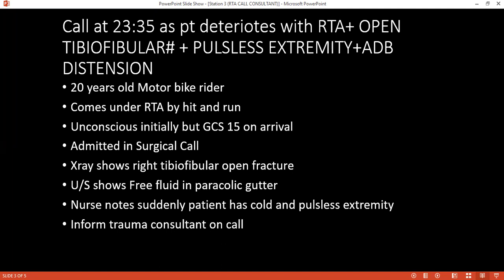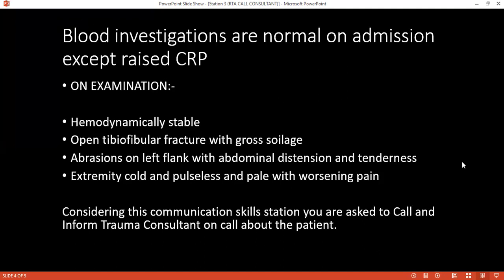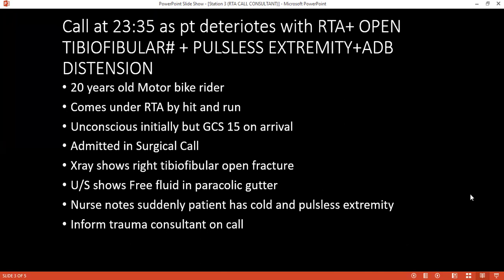On examination of the leg, now I feel the patient has a very cold and pulseless right lower limb. I'm updating you about the patient. This patient might need operation from our general surgery side and orthopedic side as well. Okay, is the patient dehydrated? I didn't check. I will check the patient and get back to you, but we already started IV fluid.